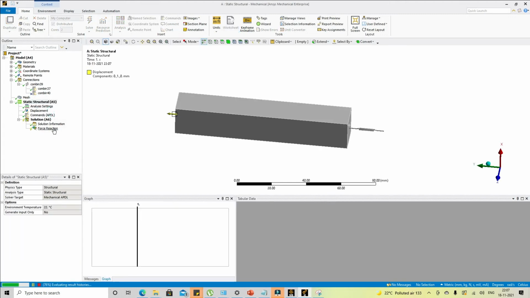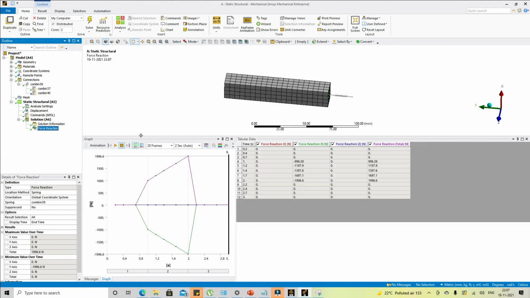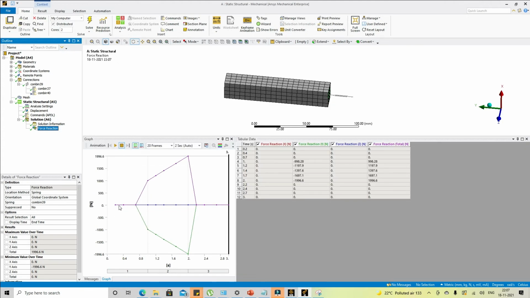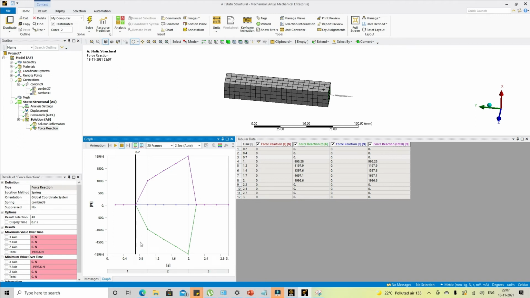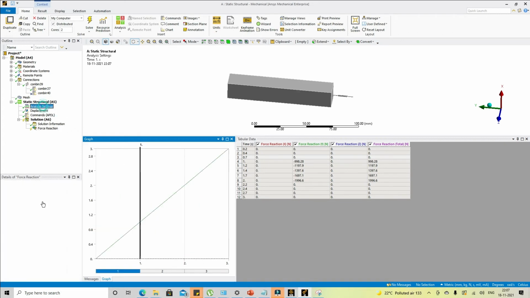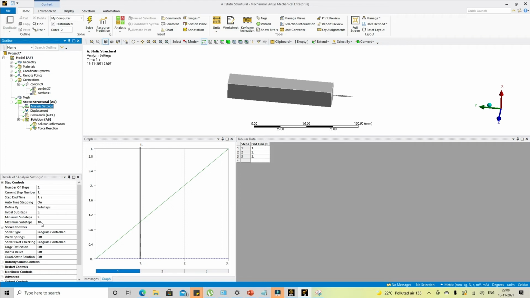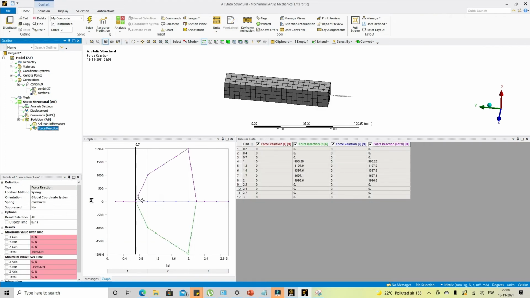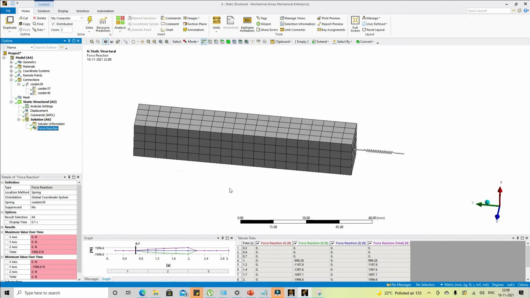Let's solve this model. Okay, now let me show you the reaction forces. We can see till 0.087 the reaction forces were zero, as we keep a margin of one substep, and the substep sizing is quite high, the minimum is 2. If we tighten it, the response will automatically improve. Also we can see at the end of load step 2, just after the first substep starting from the end of load step 2, it came back to 0. So again the resistance from the spring is gone. So this spring can also be used in this way.